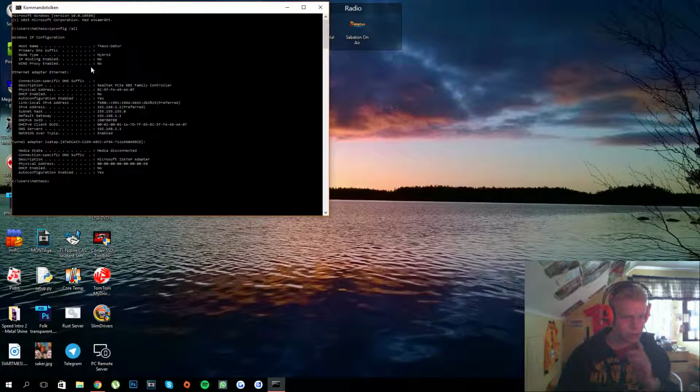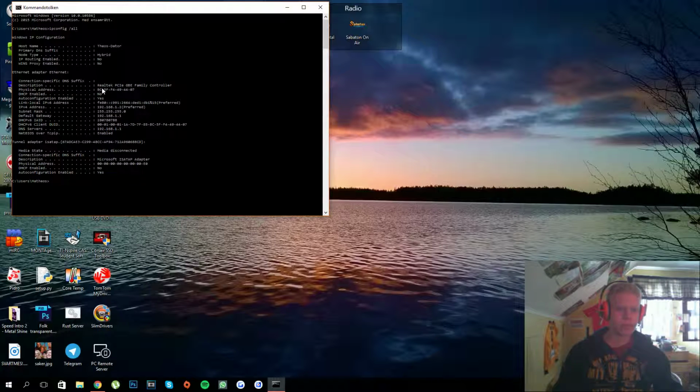So you will have separate sections for all your Ethernet adapters installed on your computer. If you have, for example, VMware or VirtualBox, you will have separate sections for those as well, because they have virtual Ethernet adapters installed on your computer. But the one you're looking for is the one named something basic, like Ethernet adapter Ethernet. In my case, I'm using a wired network, so that is why it says that. It could say something wireless Ethernet or something in your case.